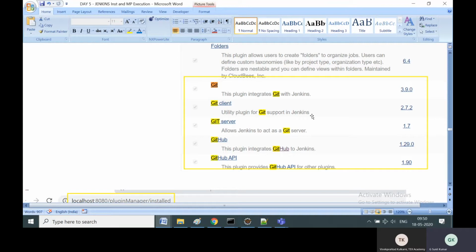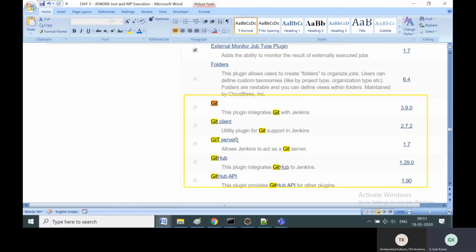If I install GitHub plugin, Jenkins will know how to fetch the project from that GitHub repository. If there is no GitHub plugin installed, it will throw an error saying unable to extract the project from the GitHub repository. Our client uses a GitHub repository, or in the sample I have used a GitHub repository.